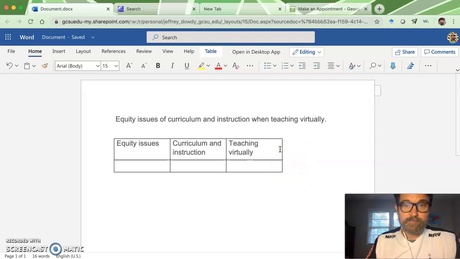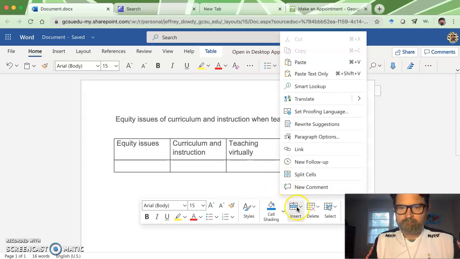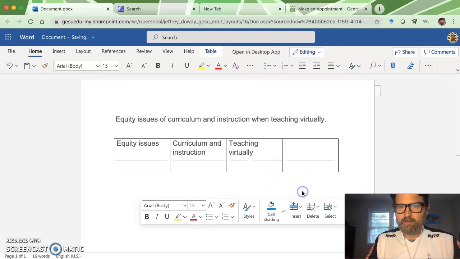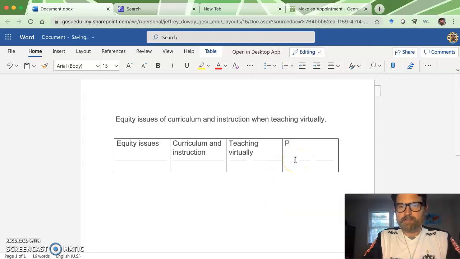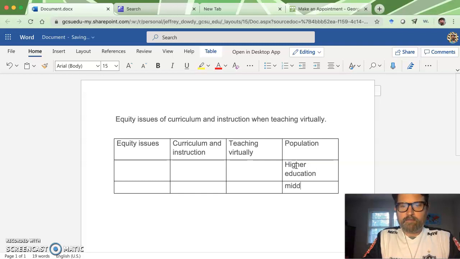A lot of times, one common line of research is to have a population. So if there's a certain population, like higher education, for example, or you're looking at middle school or something like that, then that's a really common one that you'll have.